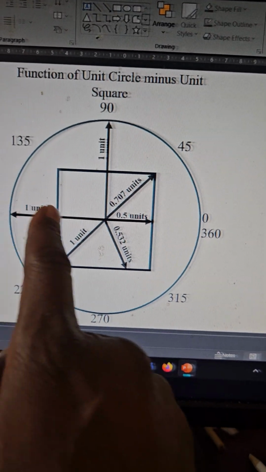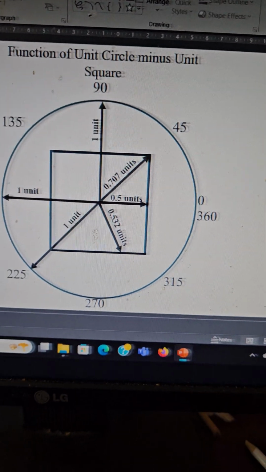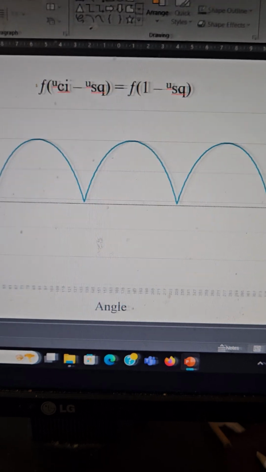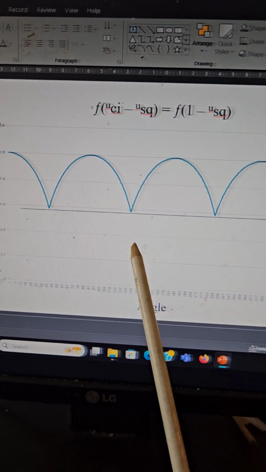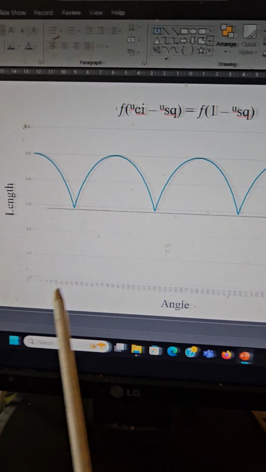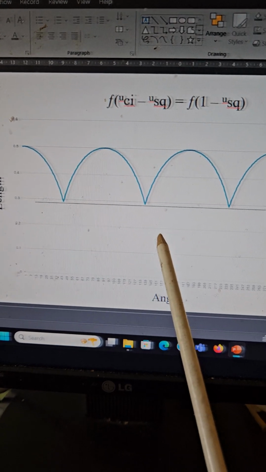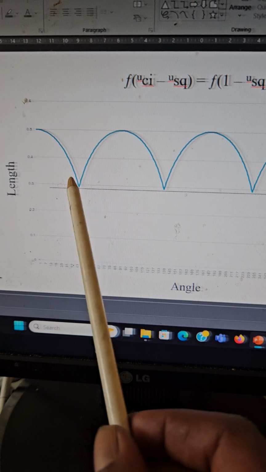We subtract 1 minus 0.707, and this is what we get. Now this is useful, because we can now translate this angle length from 0 to 360 to the original stuff, and after a certain energy you get